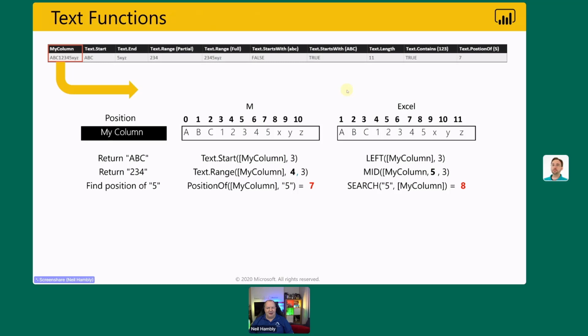But this is one of the key things you're going to find: you're going to be processing text functions. So understand how the M query language does things. And if you've got Excel skills, you'll probably be able to see a similar version of that. But let's look at the very last one. Find position of 5. In M, it's position of the name of the column, 5. Very straightforward. The number here, if I go to number 5, position of my column, 5, we have the value of